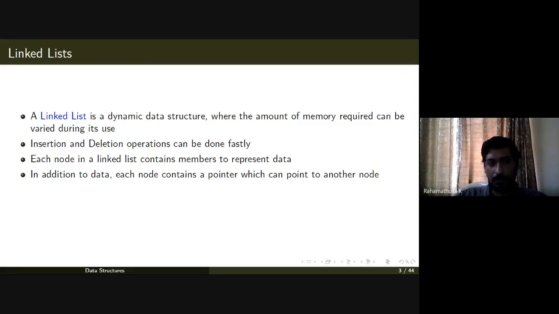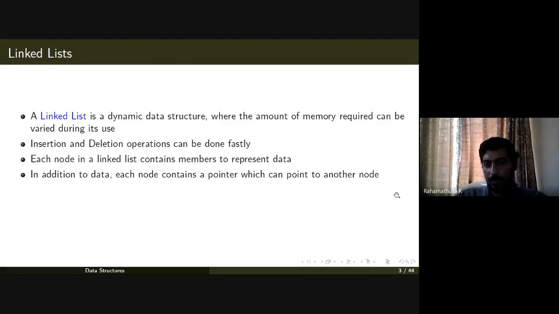So a node basically has two entities. One represents the data item and another represents a pointer. The data may contain more than one member, like there can be more partitions to the data, but anyway we combinedly say that it is one data item, and in addition to that there is a pointer which can point to another node.